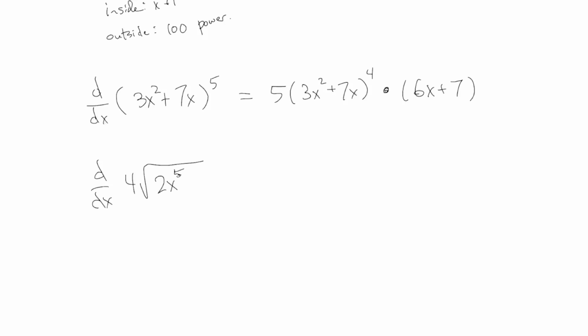This one is interesting because of the square root sign. So let's talk about the square root sign. Again, this is a situation where you're going to use the chain rule because it has an inside and an outside. In this case, the inside is 2x to the 5 plus x, and the outside is the square root. But we are going to handle the square root in exactly the same way that we always